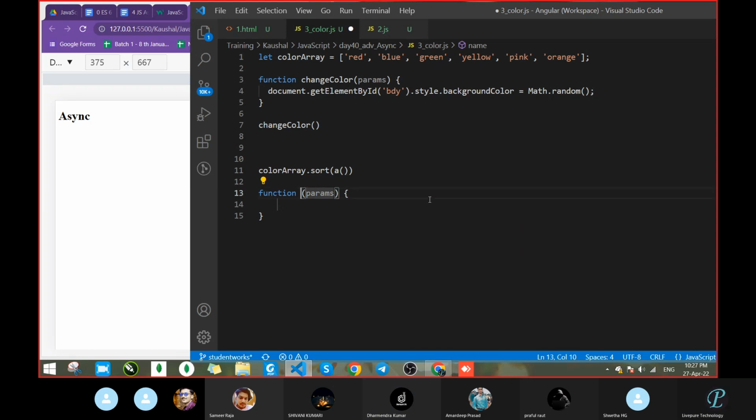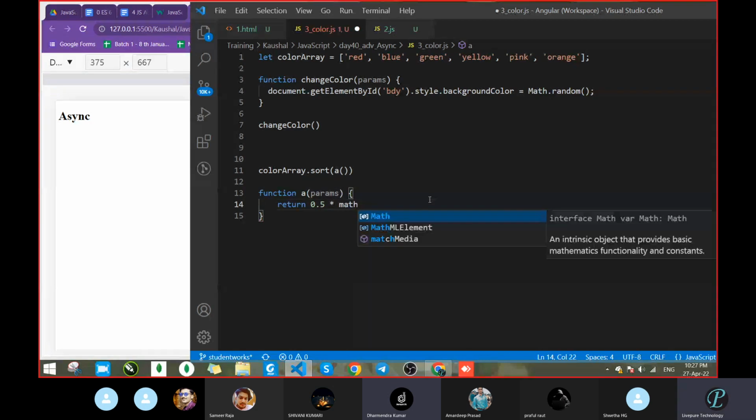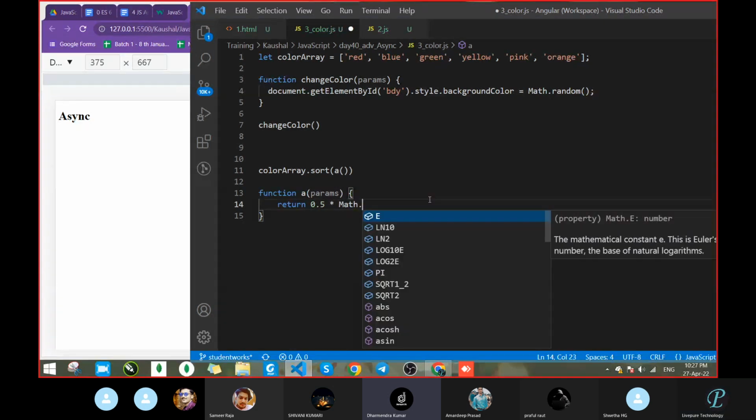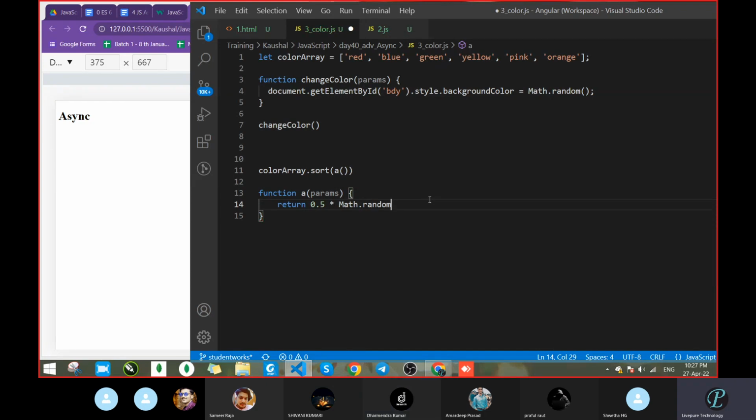Inside we pass a return. Return, here pass what? 0.5 minus Math dot random. No, sorry. Minus, or this one, or multiplication.